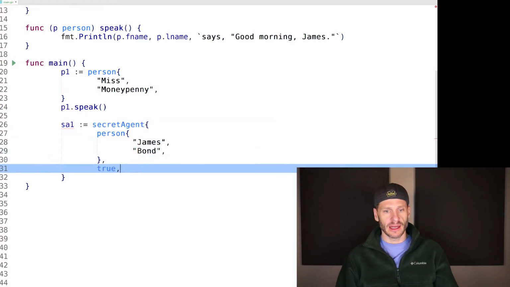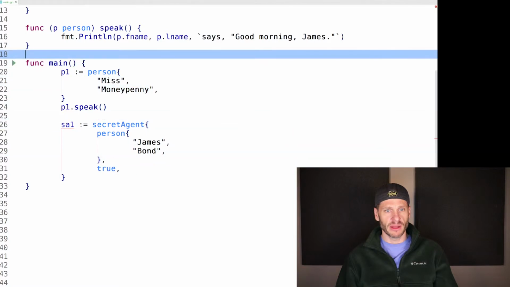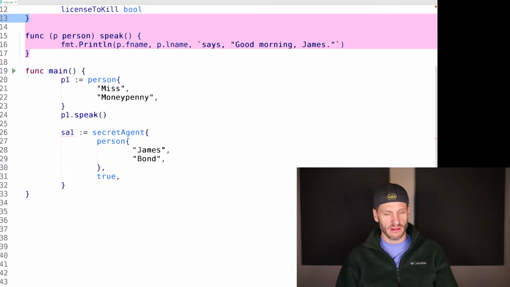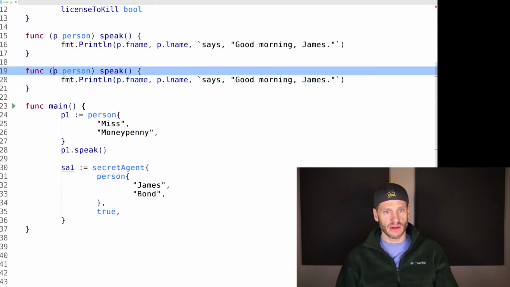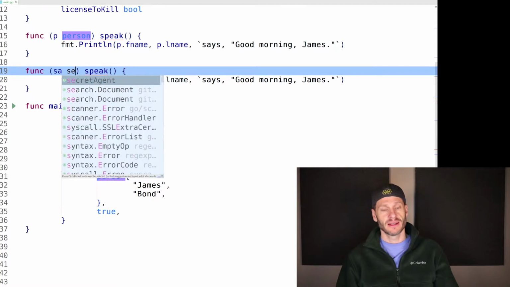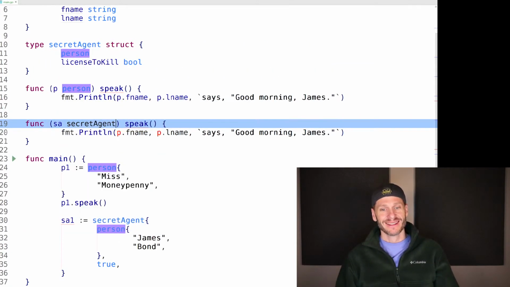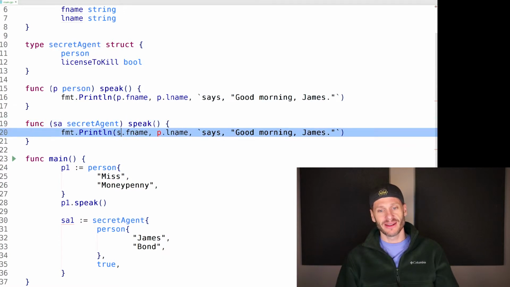And then I could, if I wanted to, come up here and give James a secret agent method. And so I'm going to do SA sex. That's not what I wanted to write. Maybe it is what I wanted to write. Secret agent speak. And then I could do SA.fname, SA.lname says